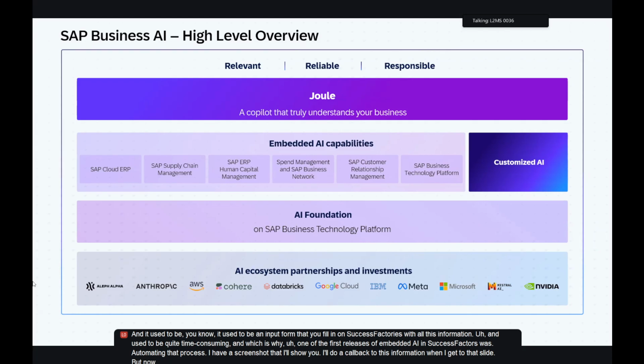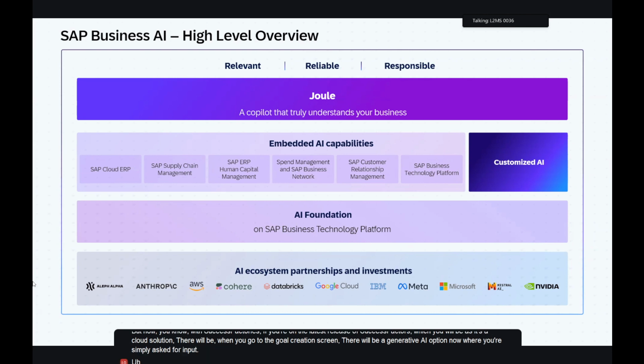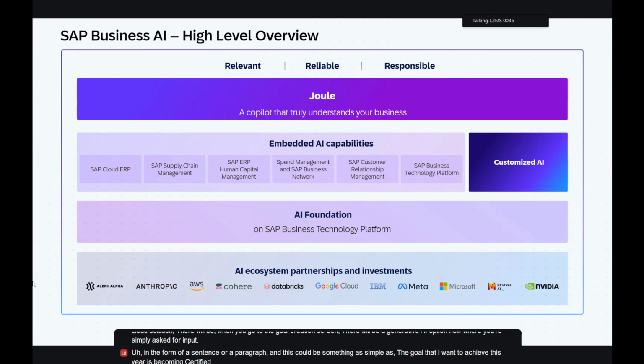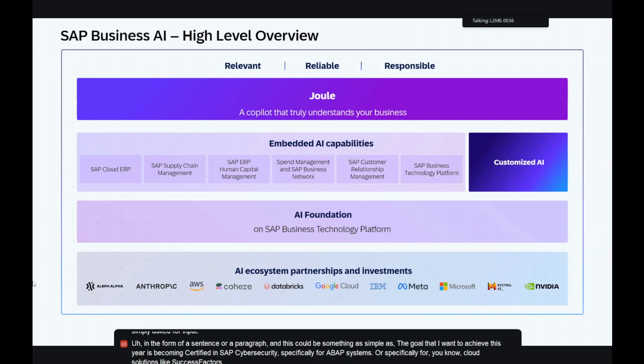But now, if you're on the latest release of SuccessFactors, which you will be, as it's a cloud solution, when you go to the goal creation screen, there will be a generative AI option where you're simply asked for input in the form of a sentence or a paragraph. This could be something as simple as: the goal that I want to achieve this year is becoming certified in SAP cybersecurity, specifically for ABAP systems, or specifically for cloud solutions like SuccessFactors. And there will be a generate icon beside that input box, and you press that,